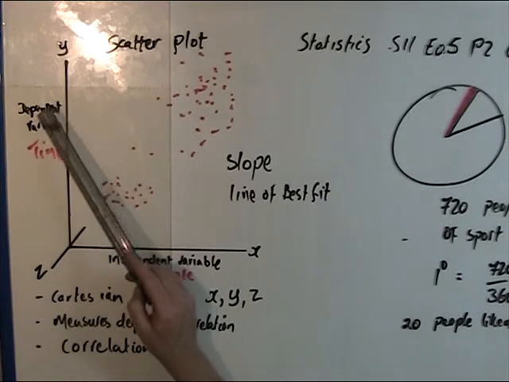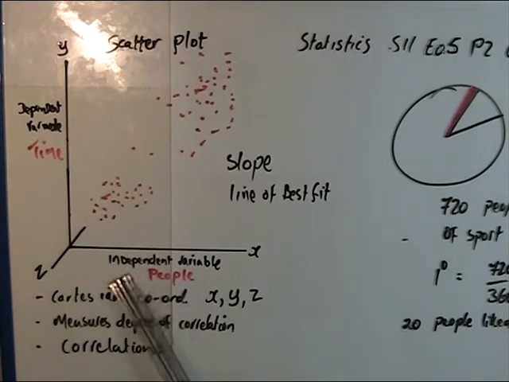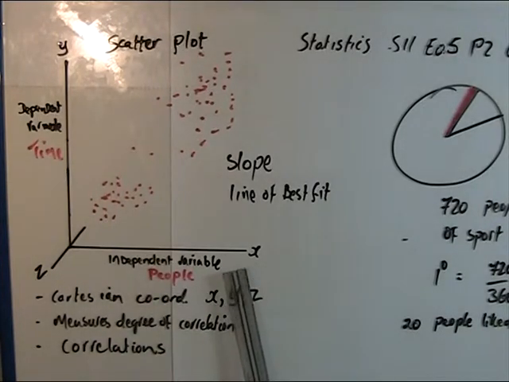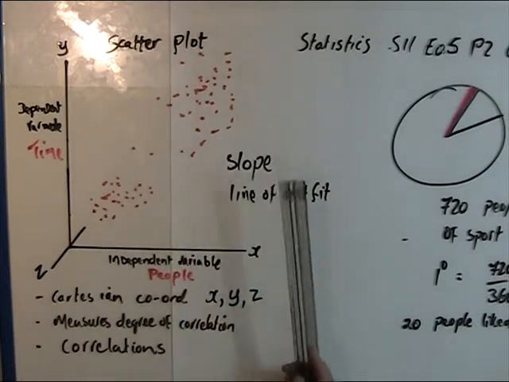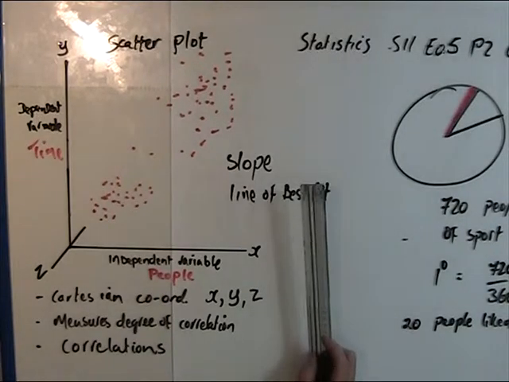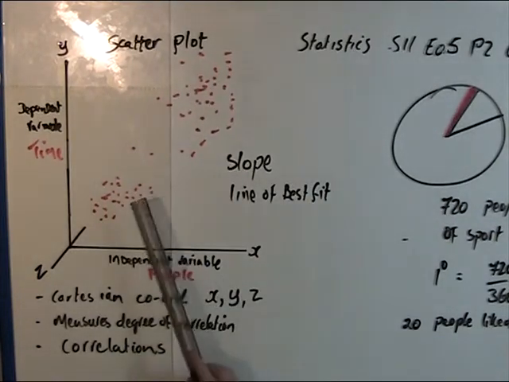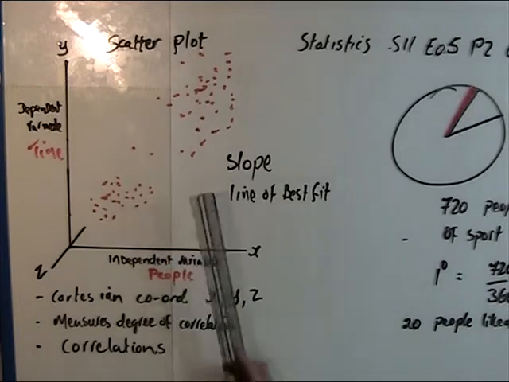And we have a dependent variable such as time. Okay, that's dependable. Now people aren't dependable, so this is an independent variable. Okay. Now a scatter plot shows you, it gives you an idea of what's happening and where correlations are. Okay. Now you would see this will be a study of some sort over time. Say for example